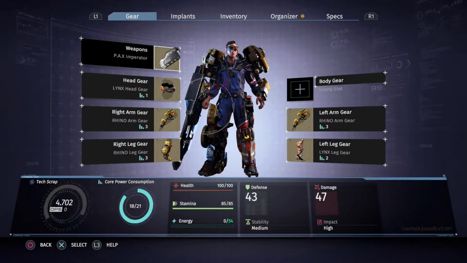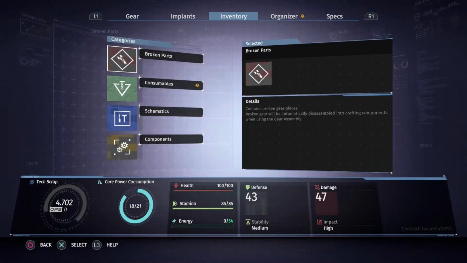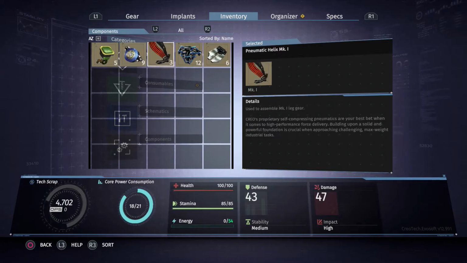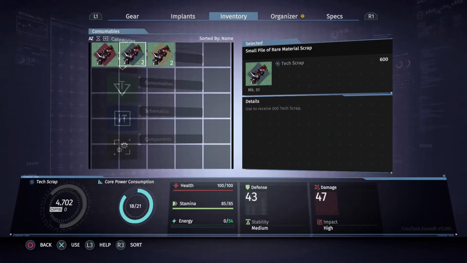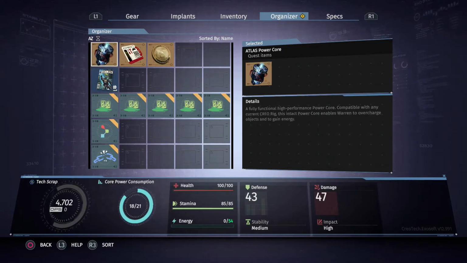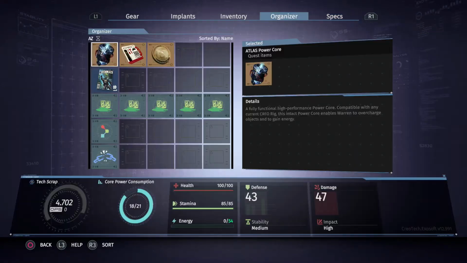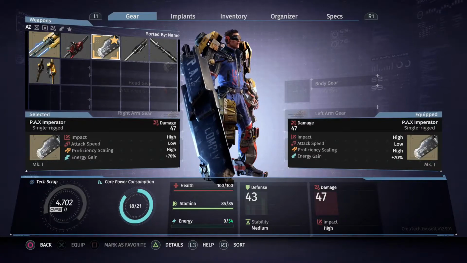Let me check out my main menus here. So, implants, it wouldn't be there. Inventory, maybe. So these are the schematics I have. Those aren't actual materials. Here are some of the components I have, the upgrade materials. Consumables, which don't really help at the moment since I don't really need tech scrap. So yeah, I guess I can't actually break down those broken parts I've acquired, or maybe they're automatically broken down for me. That must be the case. Alright then, so...